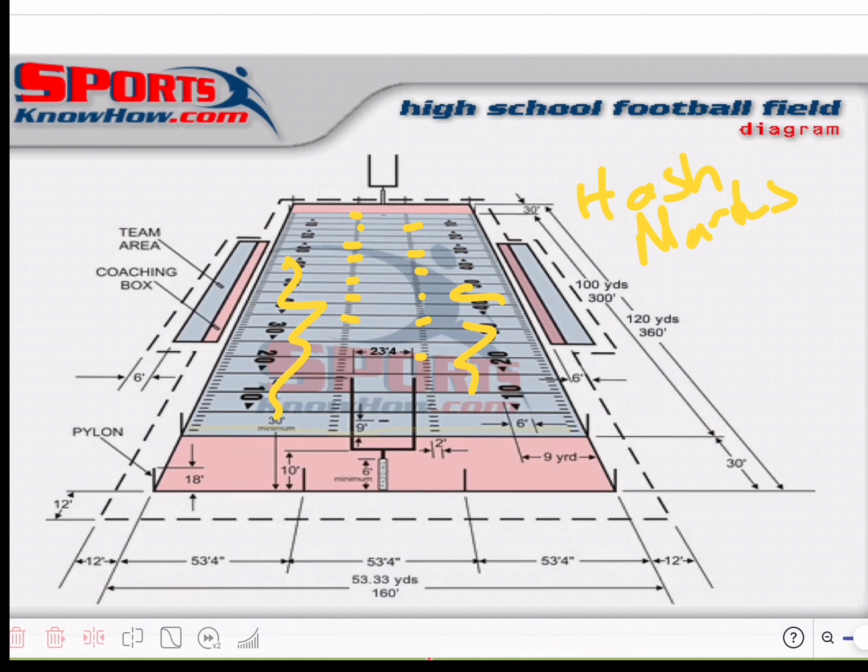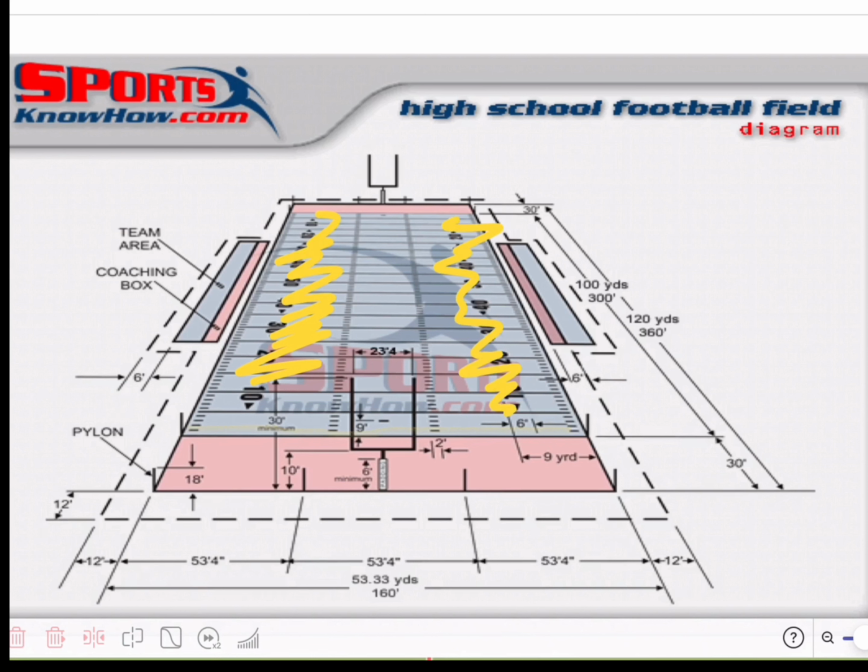Okay, outside meaning closer to the sidelines. Then the ball for the next play gets spotted on that closest hash. On a high school field, this area outside the hash, this area outside this hash, and this area in between the hashes all have the same measurement of width, which